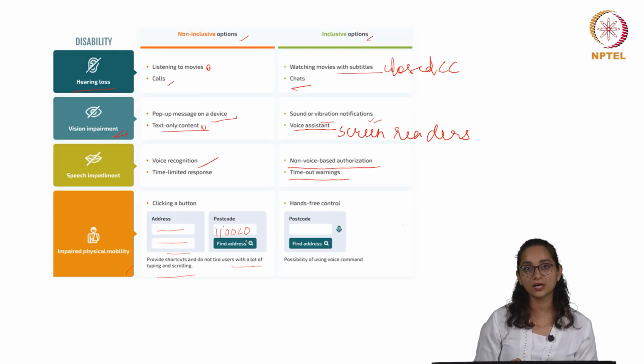Or in many cases you can ask them to turn on your GPS and just ask the application to locate your location and just add some fringe details like flat number, etc. And you don't have to really type the entire thing. Or it can be hands-free control, where you can add a voice input setting as well, voice command, in order to relieve physical mobility users from typing too much, or even with limited typing this can be the case. So you can even, through voice command, enter your postal code.